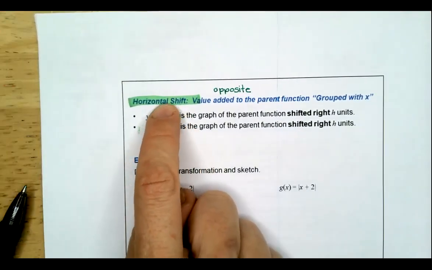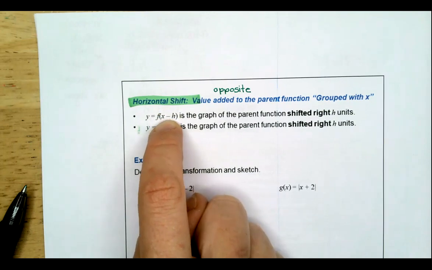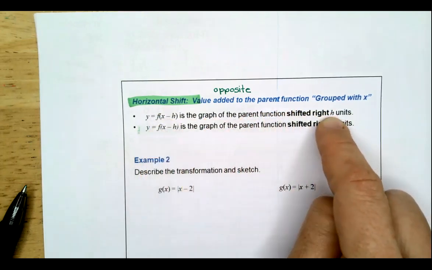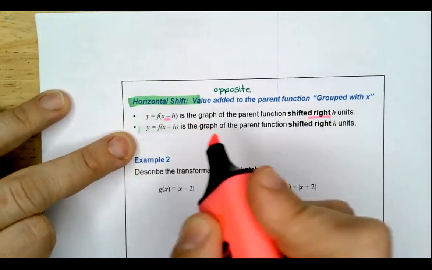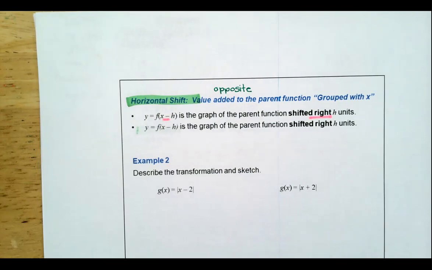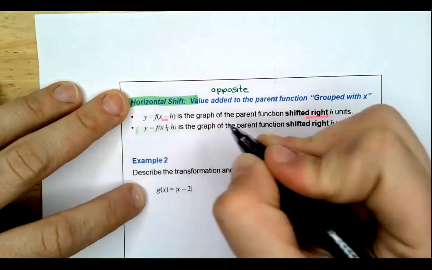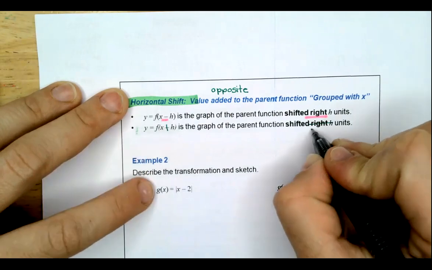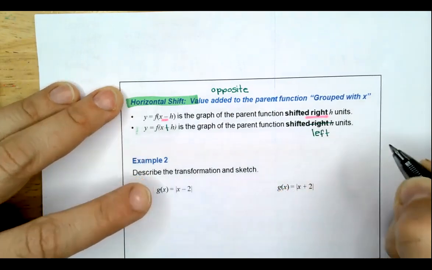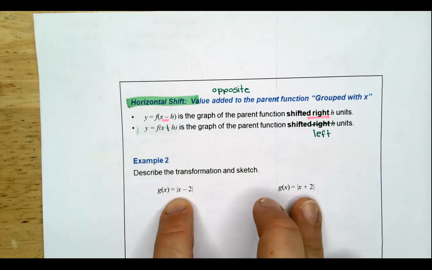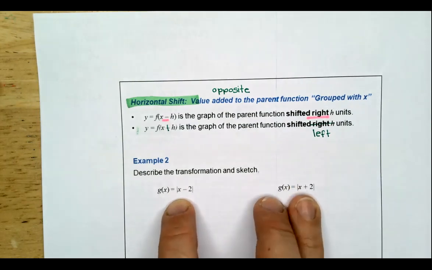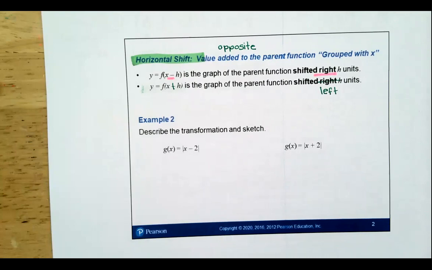g equals f of x minus h is the graph of the parent function shifted right. Okay, so negative we shift right, and plus h shifted left. At least I didn't make it too confusing. I just copied the same thing twice. Good? Okay, so these are within the grouping symbols because the grouping symbol is the absolute value bar. Good? Okay, so our parent function